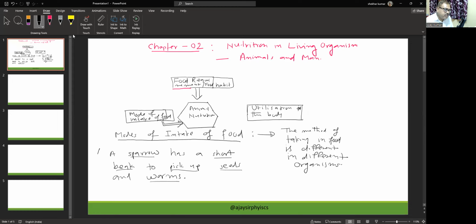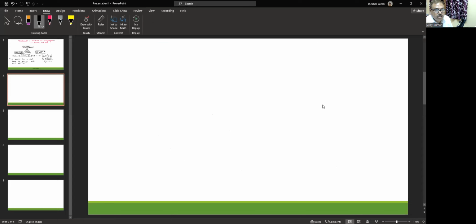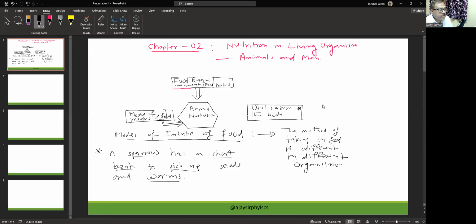Similarly, if you are thinking of the sparrow, you can also think of the hummingbird. Hummingbird has long